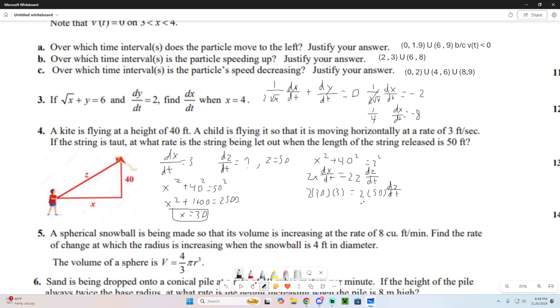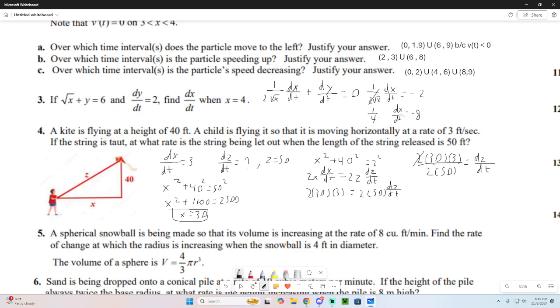Alright, let's move everything to one side by dividing both sides by 2 times 50. So 2 times 30 times 3 over 2 times 50 equals dz over dt. So obviously if this is a calculator portion, you can just plug this into your calculator,